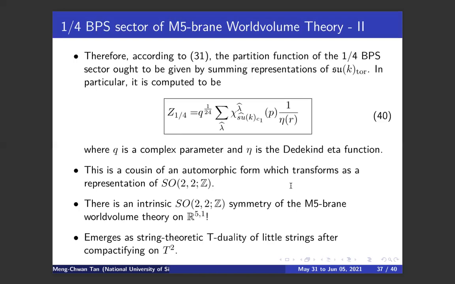And when you actually compactify two directions on T2, this is exactly T-duality of string theory. So it's a very nice correspondence: when we consider the excited states of the little string theory, meaning the stringy degrees of freedom, we actually get T-duality hiding somewhere inside here. And when we compactify on T2, we explicitly see this T-duality symmetry manifest itself. So that implies many things.